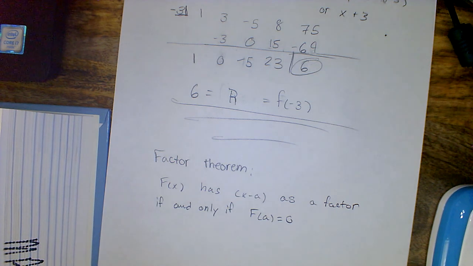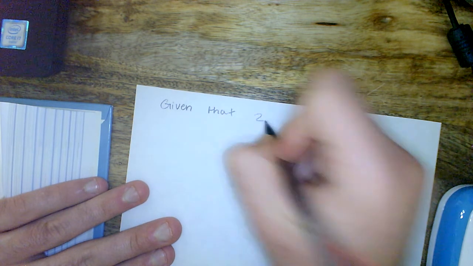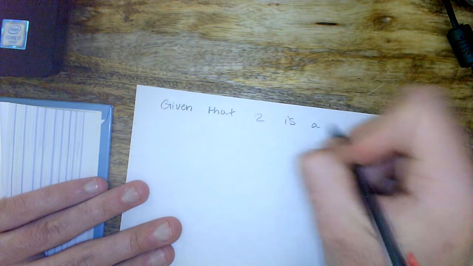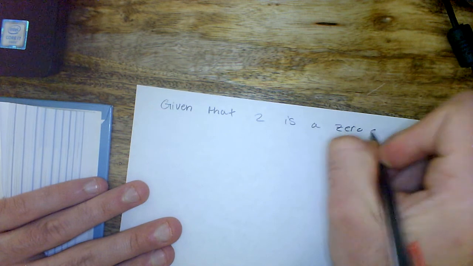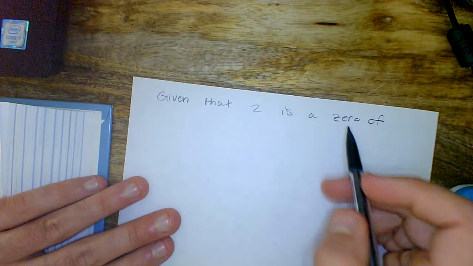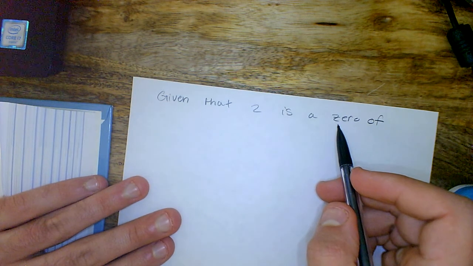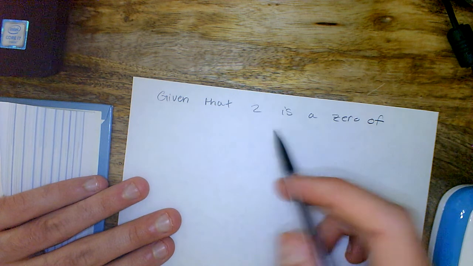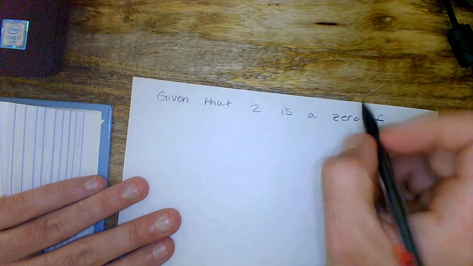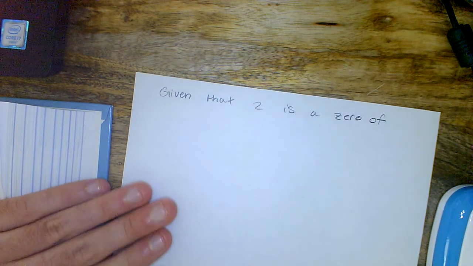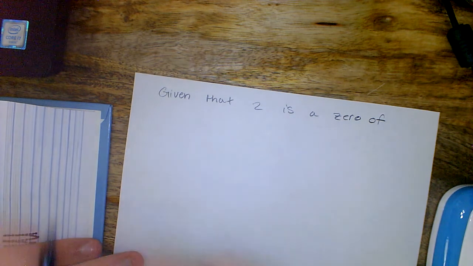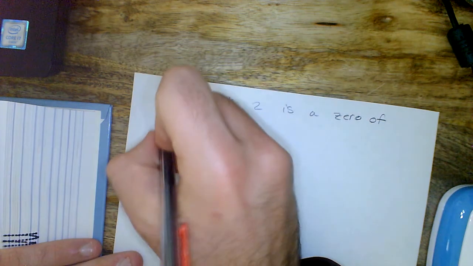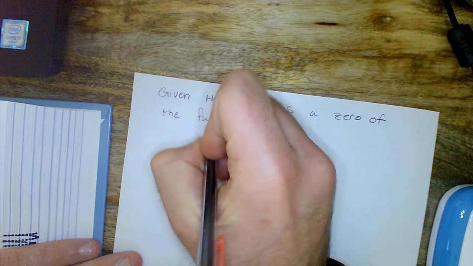Okay, so using the factor theorem, that's our next example. We are given that 2 is a 0. Remember, if 2 is a 0, then x minus 2 is a factor. We learned that in the last chapter. 2 is a 0 of the function